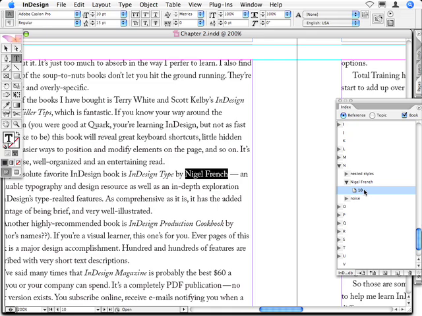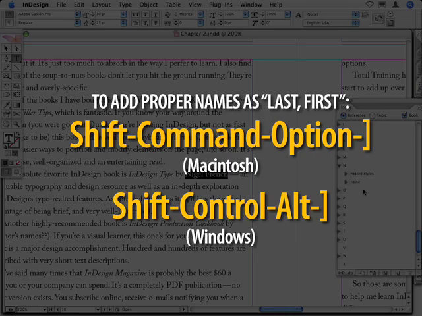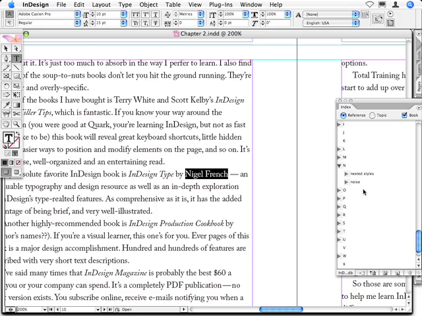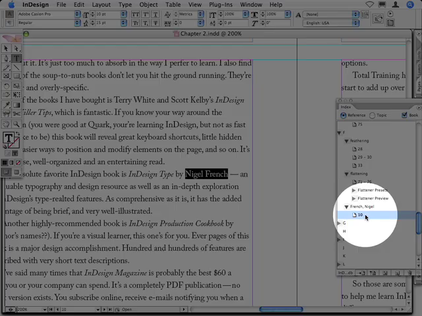But in an index, I want it to appear as French, Nigel, which is how people look for names in an index. I'll undo that reference and instead use a slightly different keyboard shortcut, Shift-Command-Option-Right bracket, or Shift-Control-Alt-Right bracket on the PC, which automatically adds the reference in the last name, first name format,